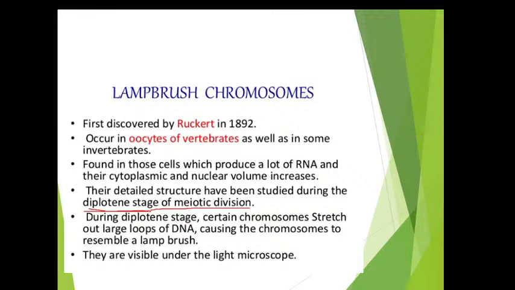Why giant? It will become larger in size compared to the other chromosomes, and it takes a remarkable size or shape which looks like a lamp brush. It looks like the shape of a lamp. That's why it's called the lampbrush chromosome. It was first reported by Ruckert in 1892. Ruckert was the first who described the giant chromosome, that is the lampbrush chromosome, in the